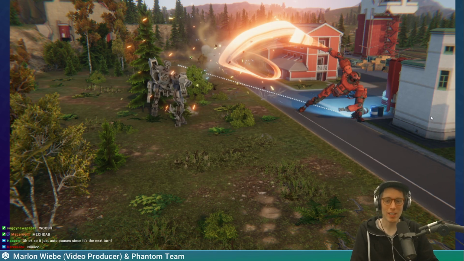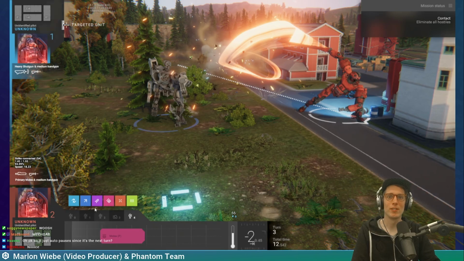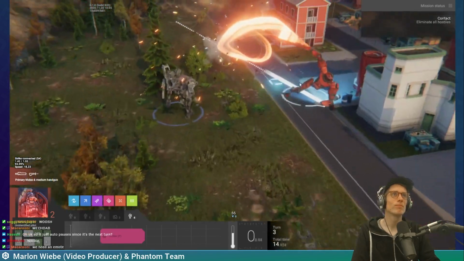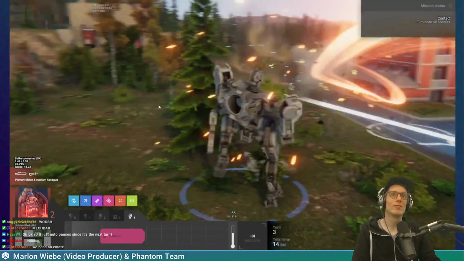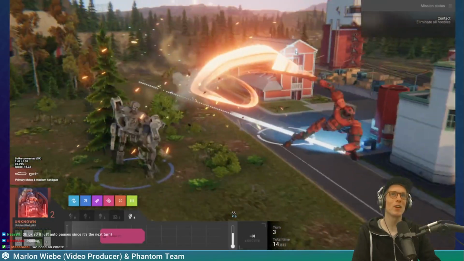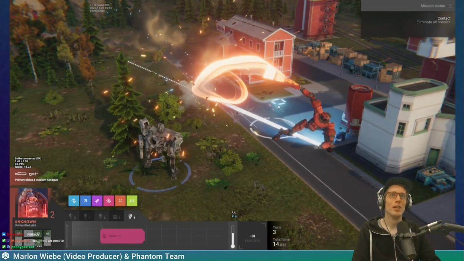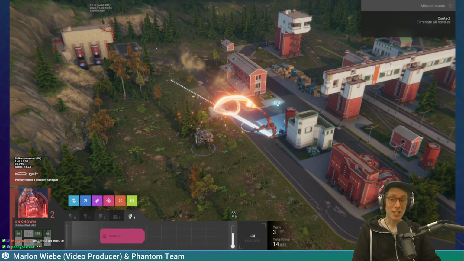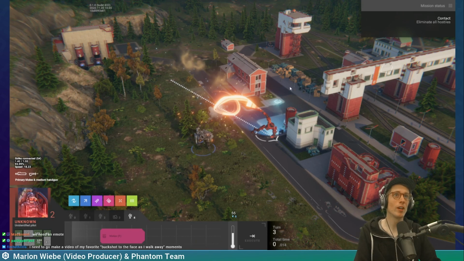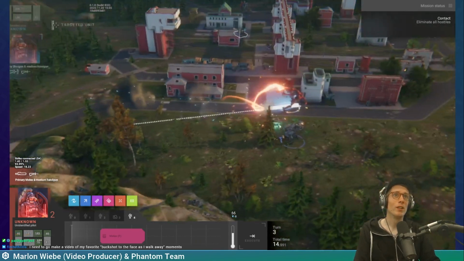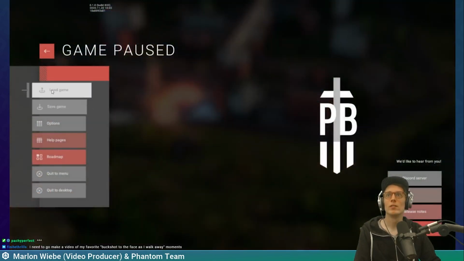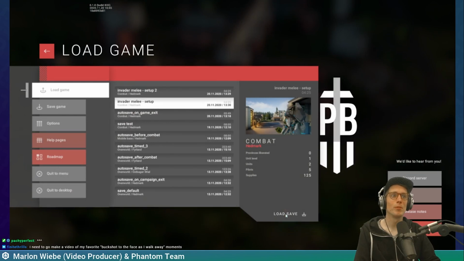Yeah, it auto pauses because it's next turn. So that's kind of the basics of how I do it. The cool thing about this game is, because there's this timeline mechanic, you can really use that to your advantage and plan out all kinds of different stuff. Here we can do another one. Let me show you how I set up